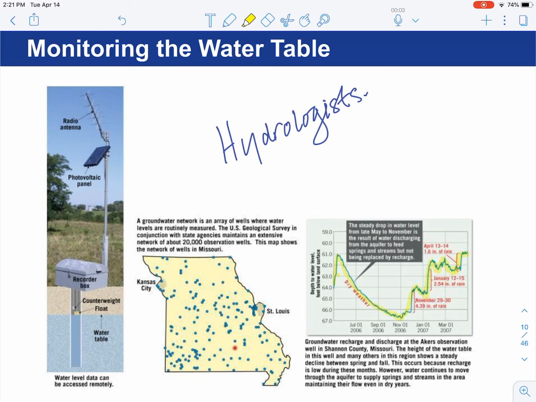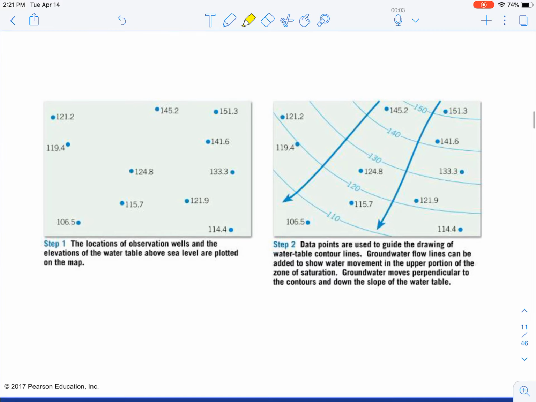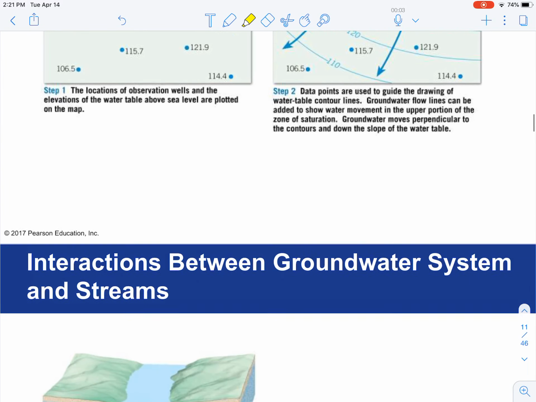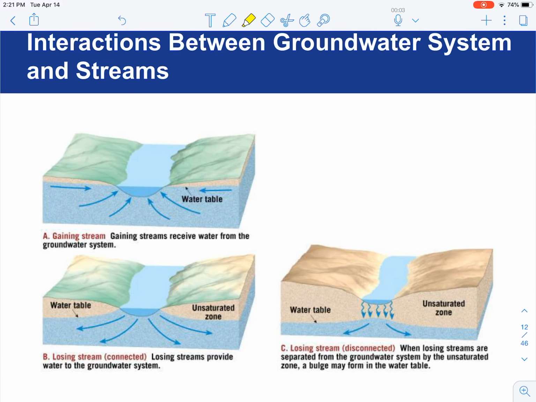And then typically in Missouri, they get rain in kind of the late fall into the winter that recharges the water table, and we go back to the start of another cycle. So dry season, water table drops. Wet season, water table rises back up towards the surface. And this is really important to understand, because if we don't understand the water table, man, it becomes real tricky to mitigate water or freshwater use. So let's look at